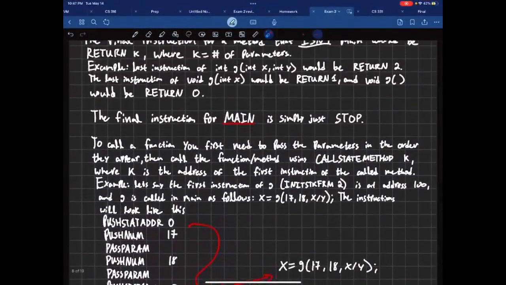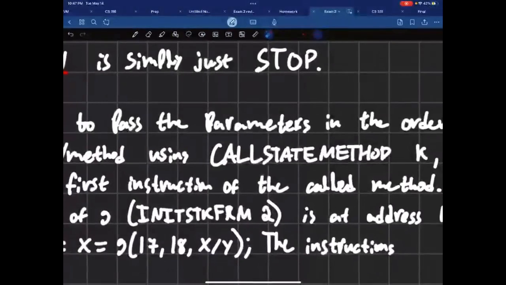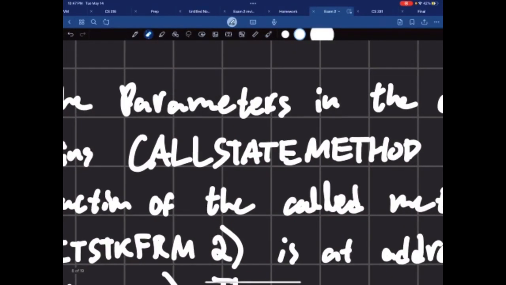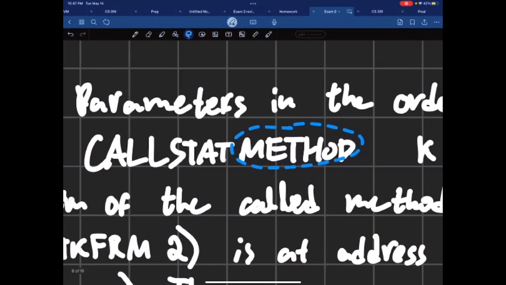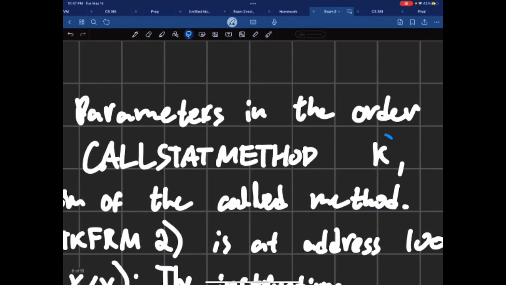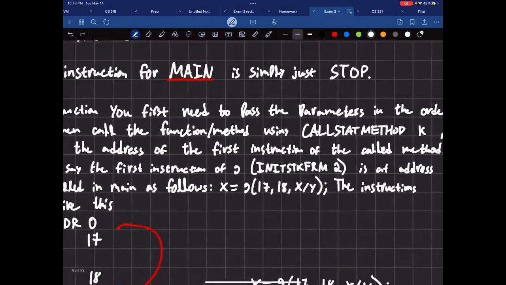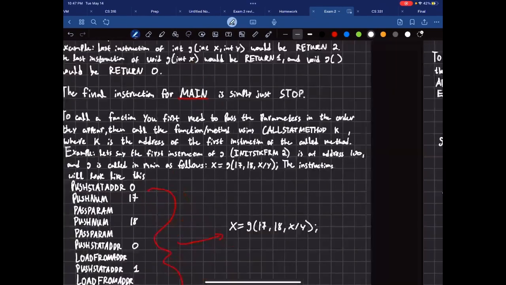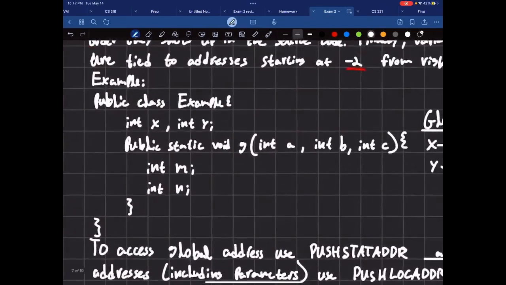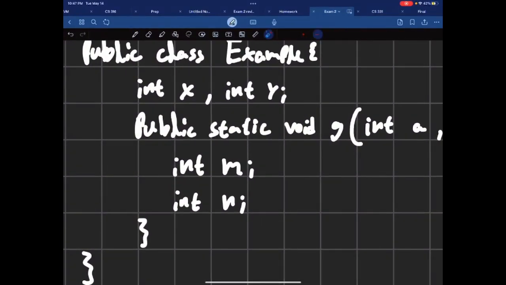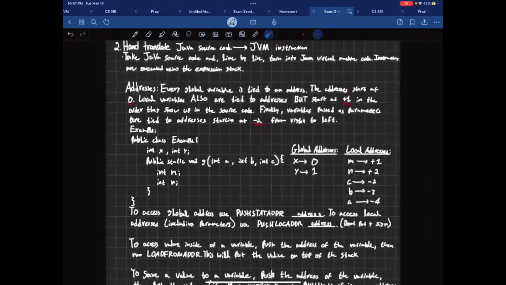Let me. Where is it? Right here. So let me get rid of the E. So then it just represents stat. Just represents static. Just like when you say push static address, right? So call static method, and it's called static method. Yeah, makes more sense because call static method, you're calling an actual static method, public static. So yeah, okay. Anyways,